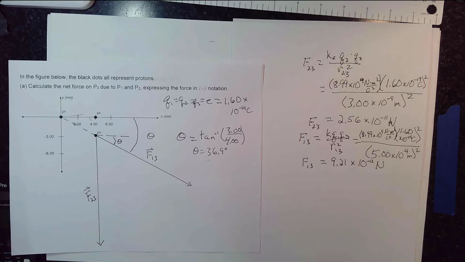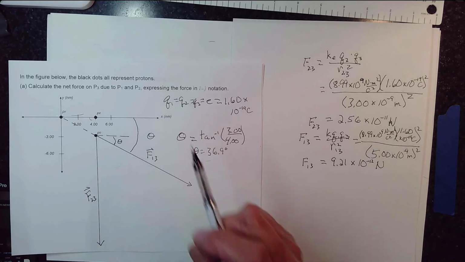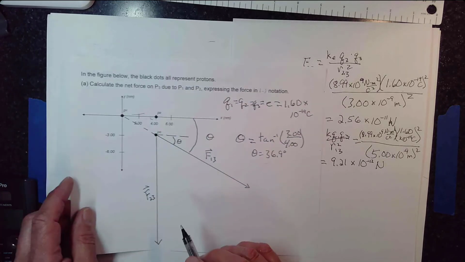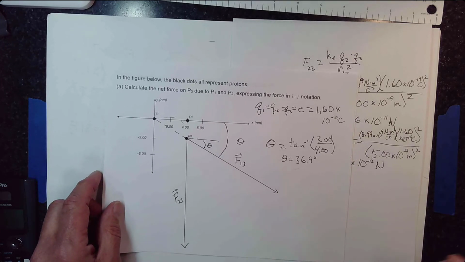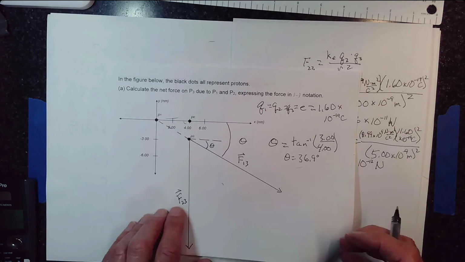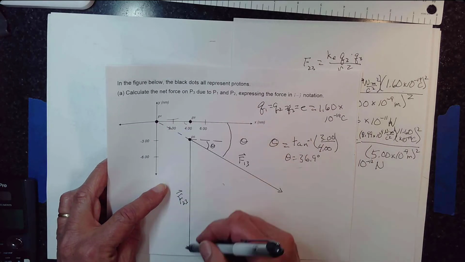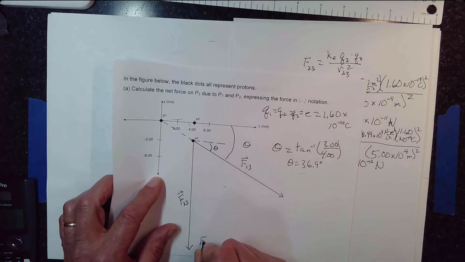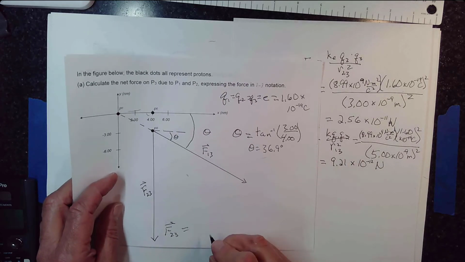Okay, but I'm supposed to express this force in i hat, j hat notation. So this is why I drew this picture really big, because something I can do down here with this picture, well, for one thing, F23, it's easy to see, it just points in the minus j hat direction. So as a vector, F23 will just equal its magnitude, 2.56